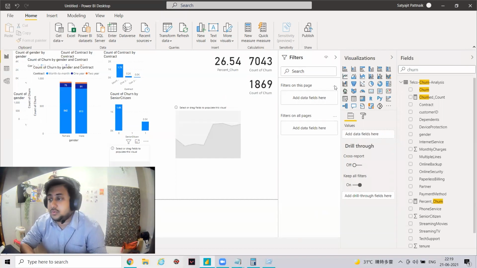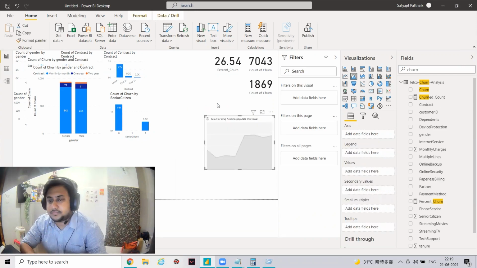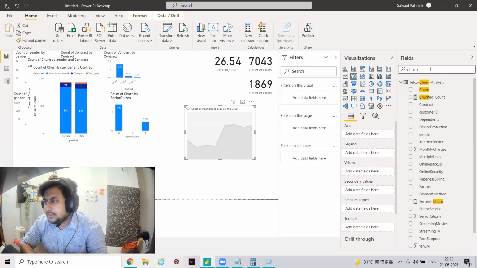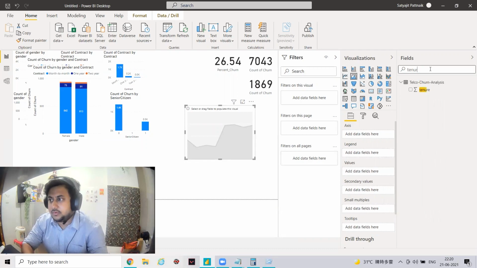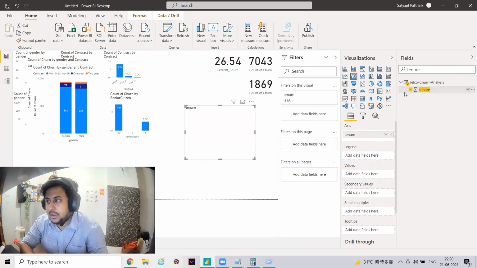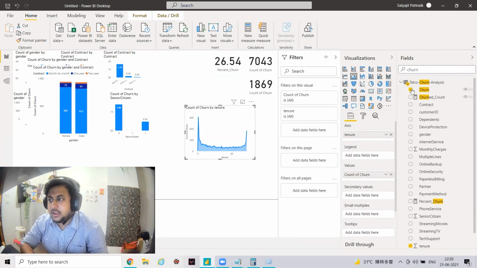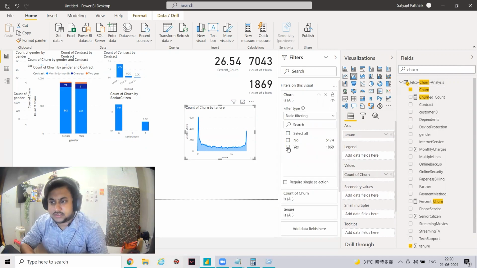Man, so slow. Okay, so I have grabbed this area chart, area or line chart, whatever it is. And then what I will do is I will use the tenure axis. And then for the values, I want the count of churned, and I just want it for the churned customers. So I just want it for yes.